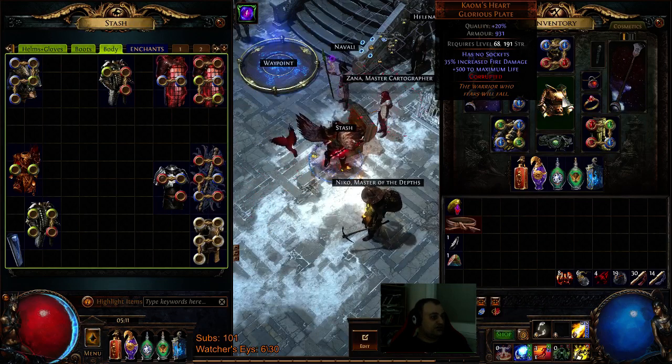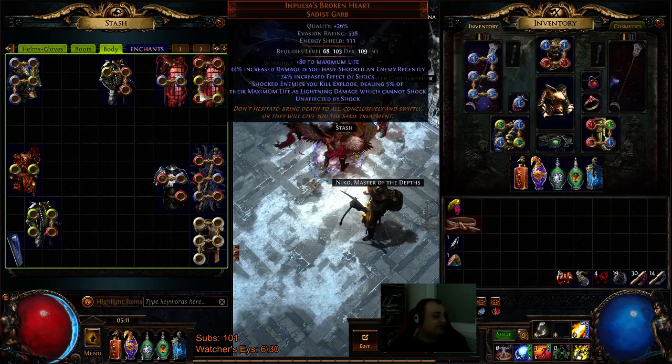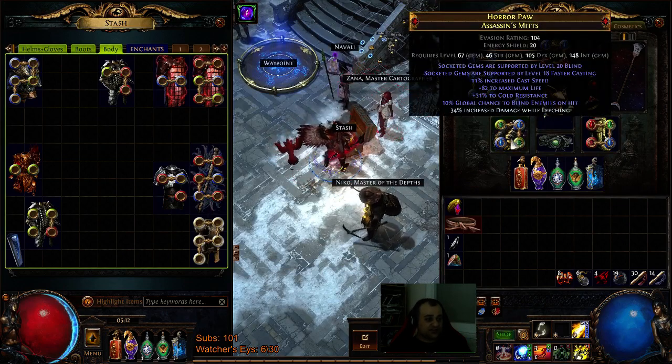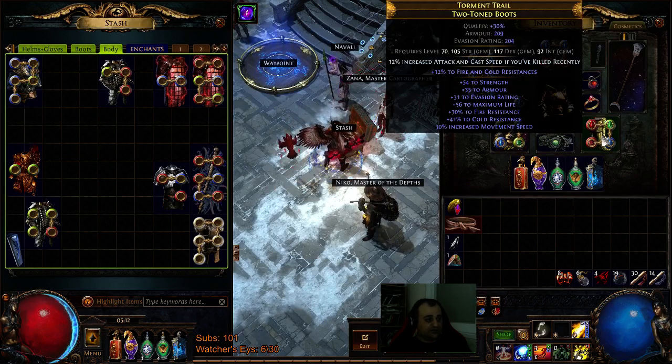This is currently a new character, and Kaom's Heart, since I found it, I wanted to make a build with it, since it is solo self-found, and we have Impulse for different build ideas in the future. So Kaom's Heart over here for the life. The gloves, just life, resist, and that hybrid roll over here. Boots, I crafted with enchanted fossils and with...